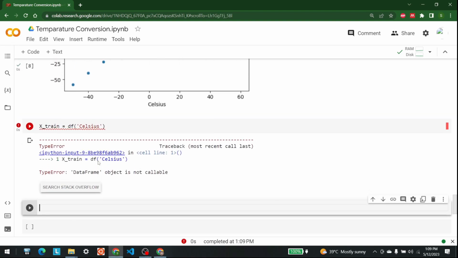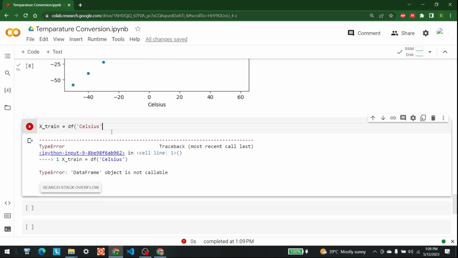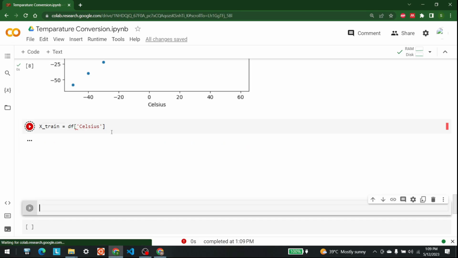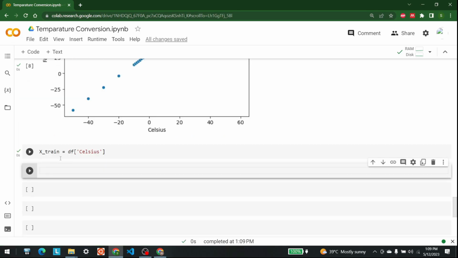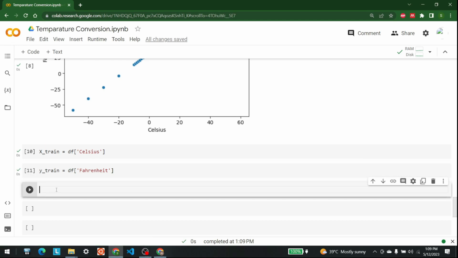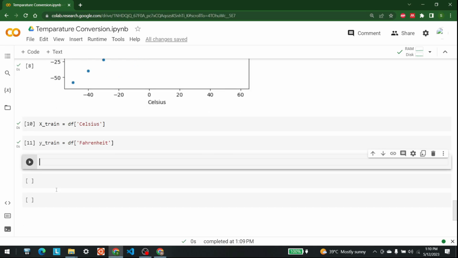Okay, so it is saying that it is not callable like this. Okay, so I was supposed to use these brackets. Okay, so in the same way I can also write y train, the thing that we need to be able to predict later. I'm going to put that equal to y, and in this I am going to write Fahrenheit. So let's run this as well, and after that let's make a deep learning model with the help of TensorFlow